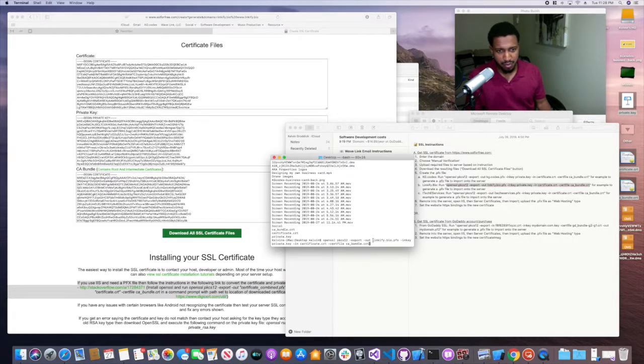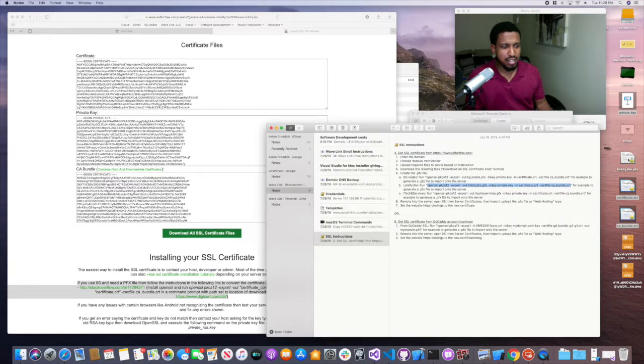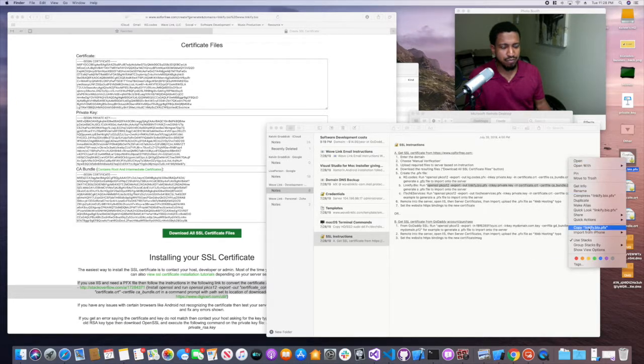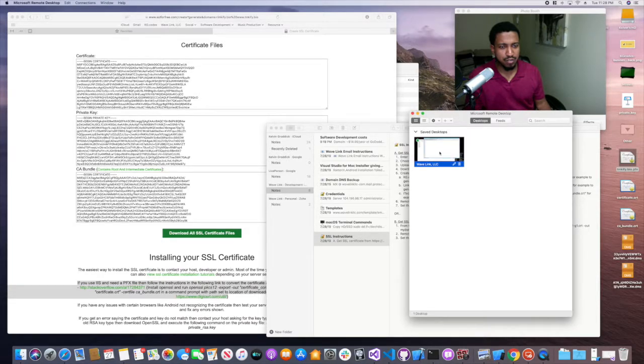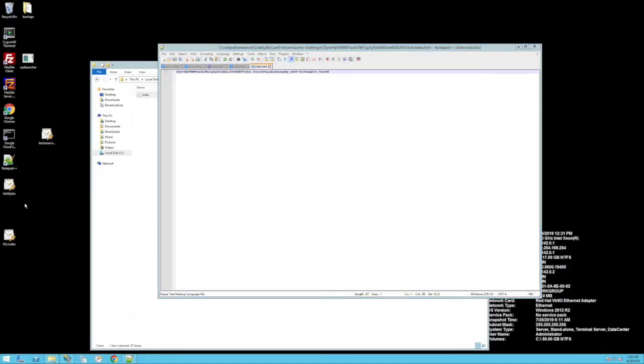And you want to make a linkify.bio.pfx file based on the private key, certificate CRT, and CA_bundle CRT. Hit that. No password, so you can just hit enter, bam. It creates linkify.bio.pfx on the desktop. So I'm going to copy that, go into my server, which is over here,